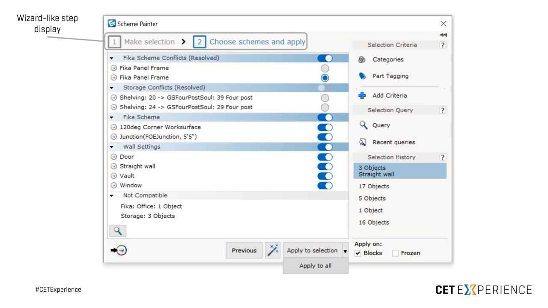You can click on these as well. So you can click on the 1 and 2 to move between the 2 phases rather than using the next and previous button if you'd like. But of course, we also have this previous button here that's going to let you go back and change your selection if you need to. We have a search functionality, which is just click on it and it's going to pop up a search bar and